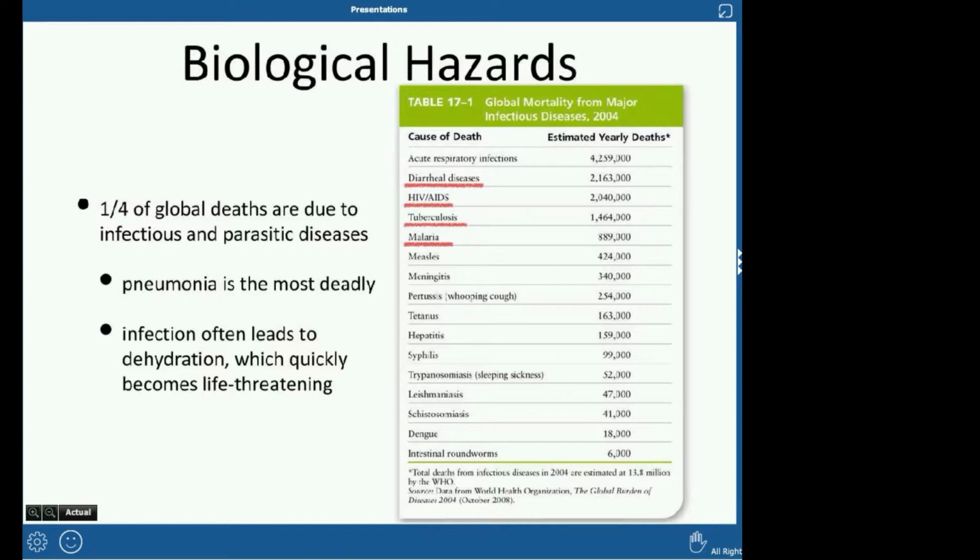My little one got his 2 month shots yesterday, and one of the things I noticed is that he got a shot for pneumonia, and I was like, that's interesting.